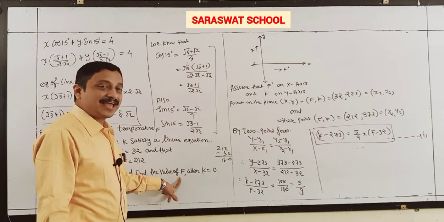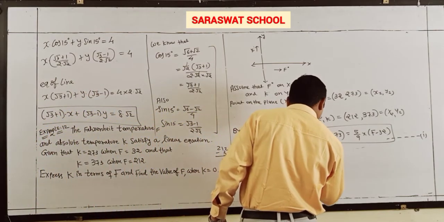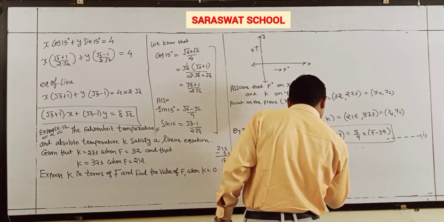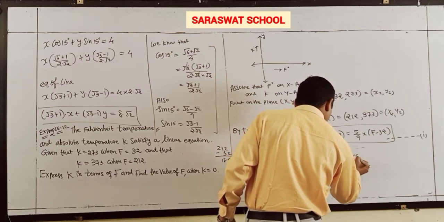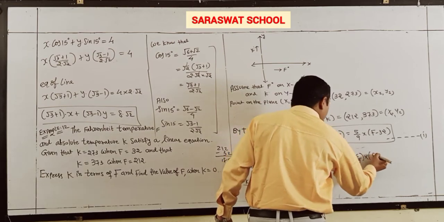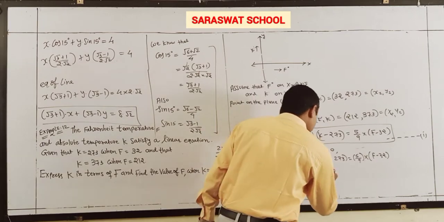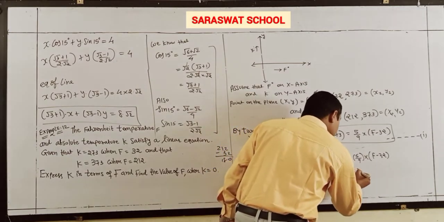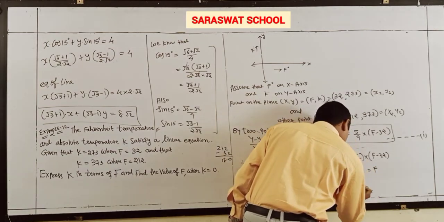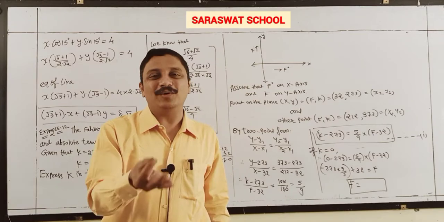Now I find F if K is 0. If K is 0, so 0 minus 273 equals 5 by 9 into F minus 32. And here, students, simply you can derive F. So minus 273 into 9 by 5 plus 32 is equal to F. Now, students, you can utilize a simple calculator and get the value of F,